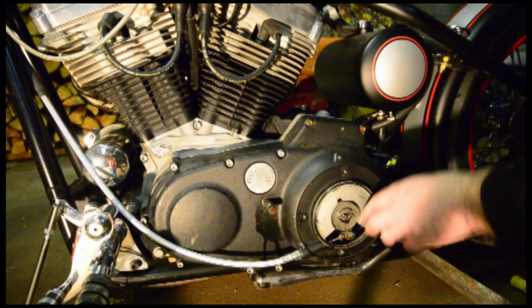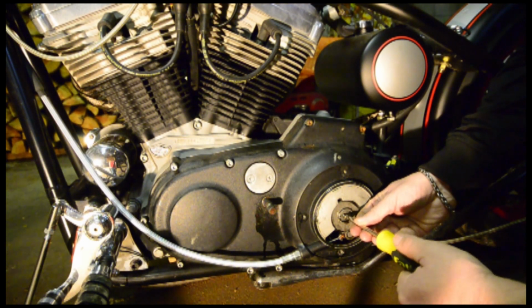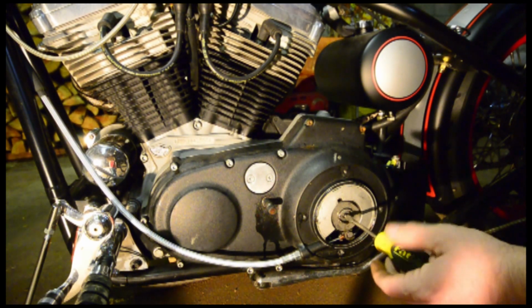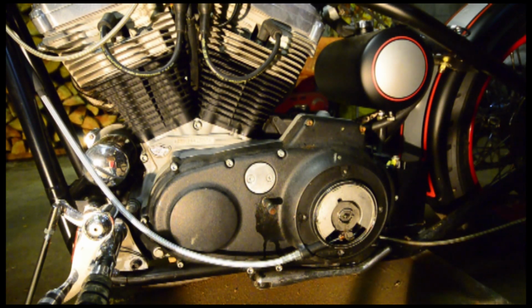This here is the clutch adjustment, okay? What we want to do is when we're taking the primary cover off, you want to put a flat head in there, and what we're going to do is we're going to turn it clockwise while we're removing the cover so that nothing else falls out. So we're going to start removing all the